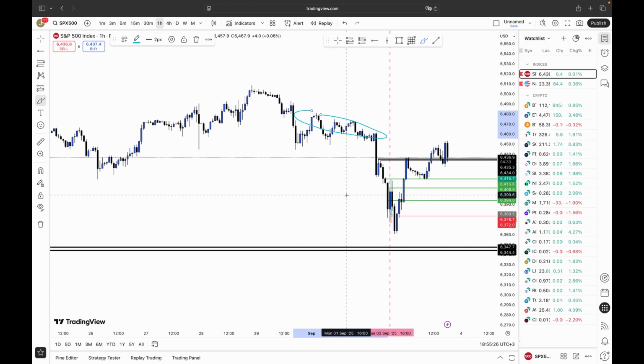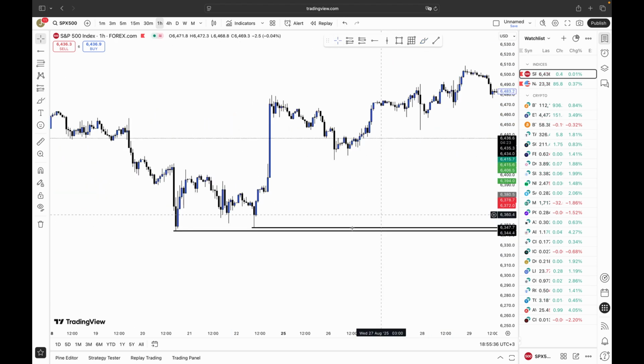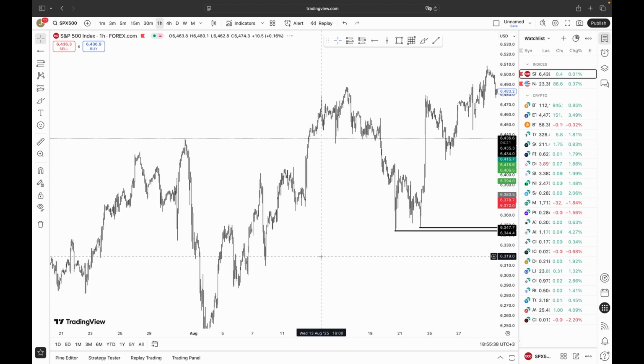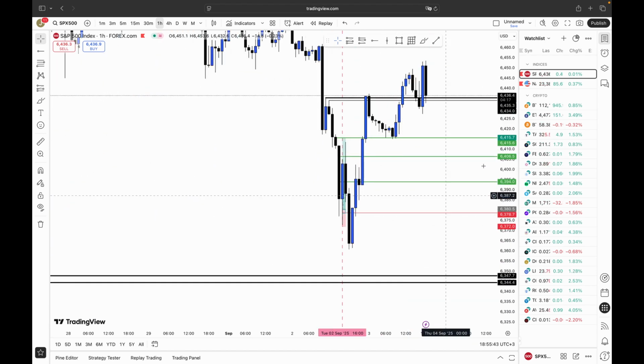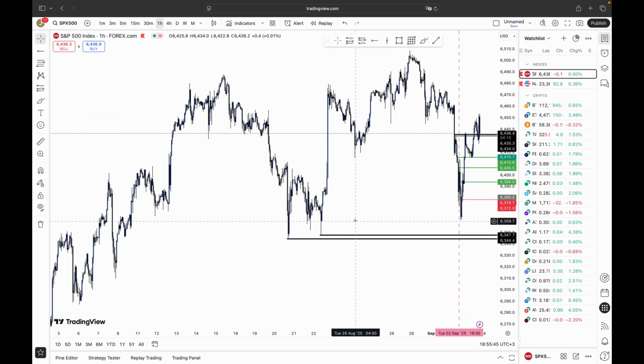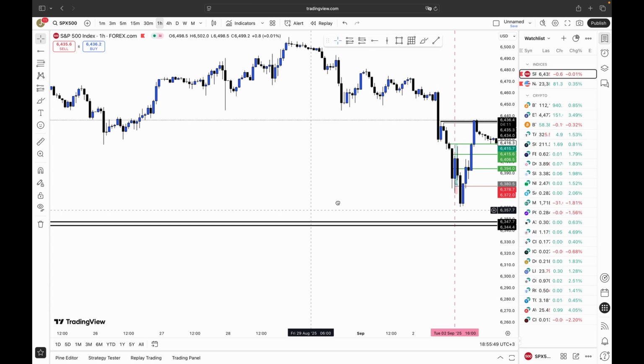I was pretty confident that market will take them out, but eventually, as you can see, market didn't take them out, but also market didn't take out these relatively equal lows right here that I for sure wanted to see get taken out. And before market opened, I was just waiting for a clean direction.